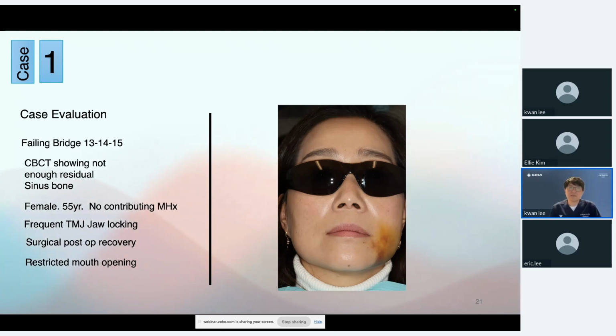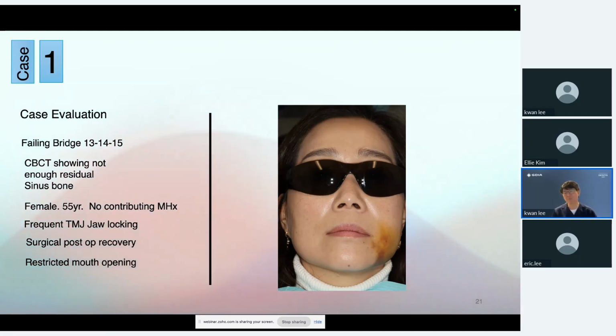So yes, we've been kind of on autopilot. You basically say, hey, there's no bone, let's do the lateral sinus augmentation. But before you look at the teeth or the case, we also want you to look at the patient. This patient is 55 years old. She doesn't have much contributing medical history, but I've known her for 20 years. I've been seeing her for many years. She has really bad TMJ pain, and her jaw locks very frequently. And her post-op recovery is very much